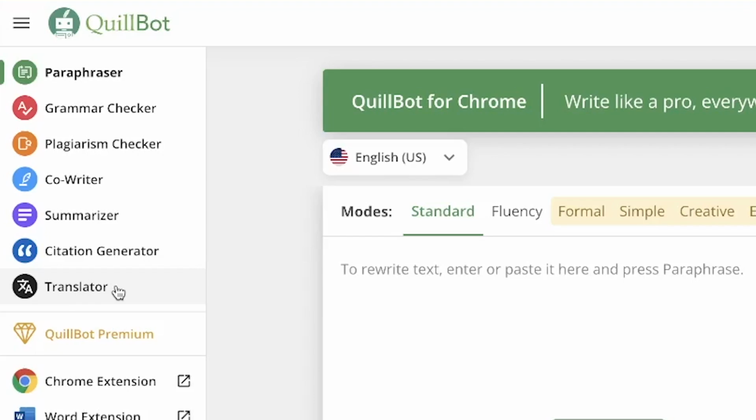We'll take a look at how to use some of these basic features. In addition, lastly, we're going to look at how to incorporate an extension of Quillbot in Google Chrome and how we can export our document in Microsoft Word for further editing outside of Quillbot within your PC. So without taking much of our time, let's get started with the most basic theory on how to use Quillbot to enhance your writing skills.